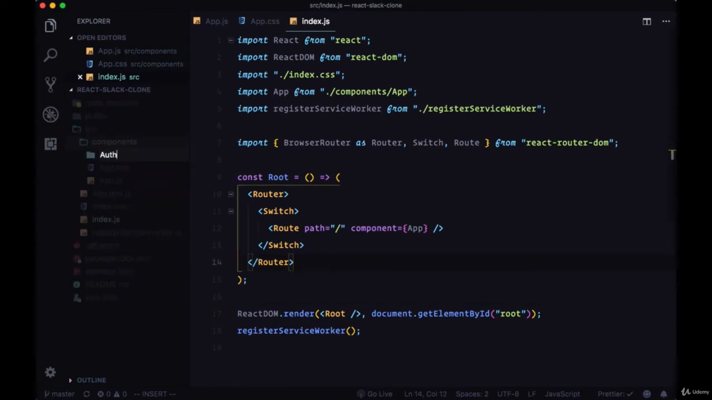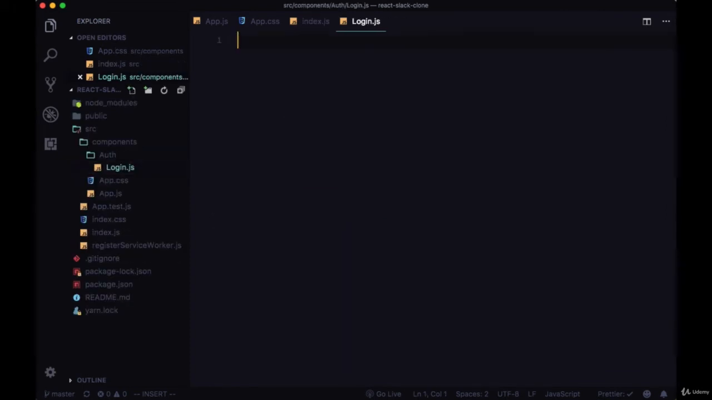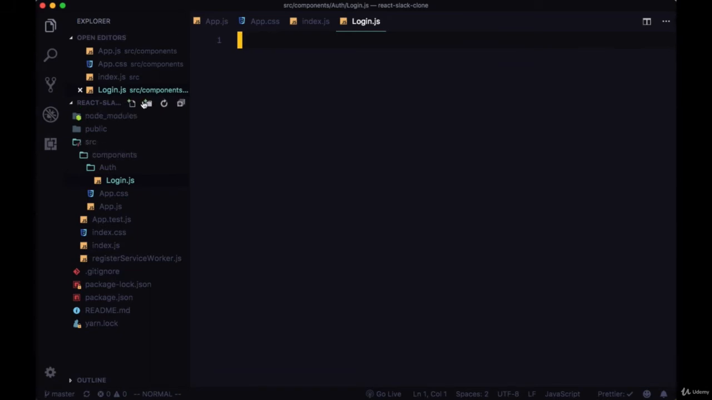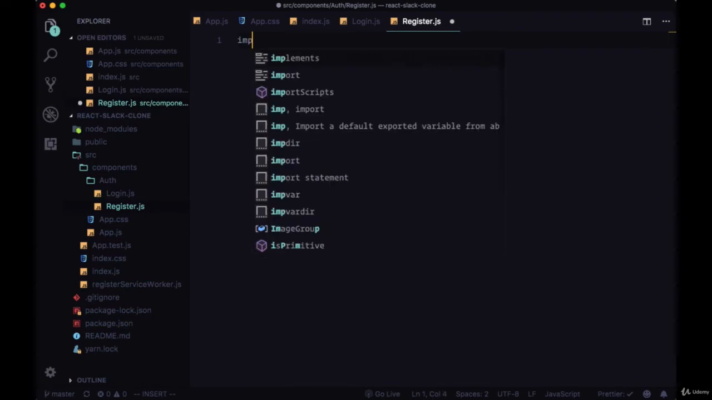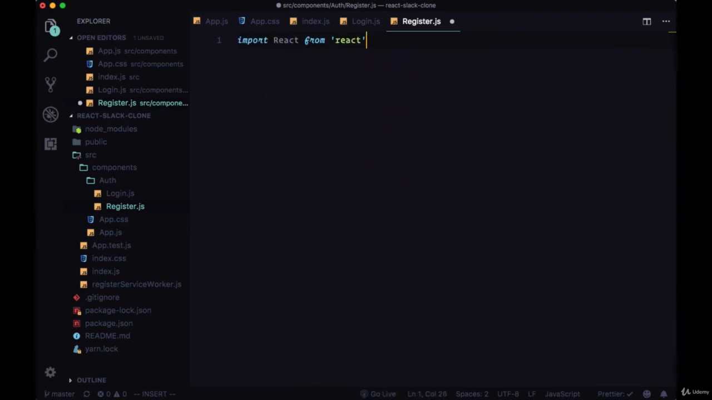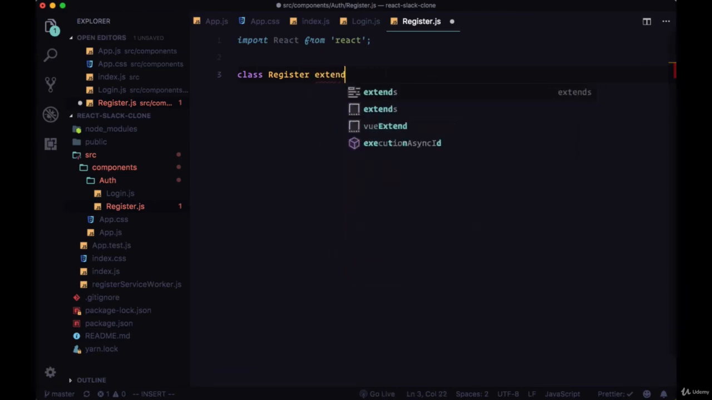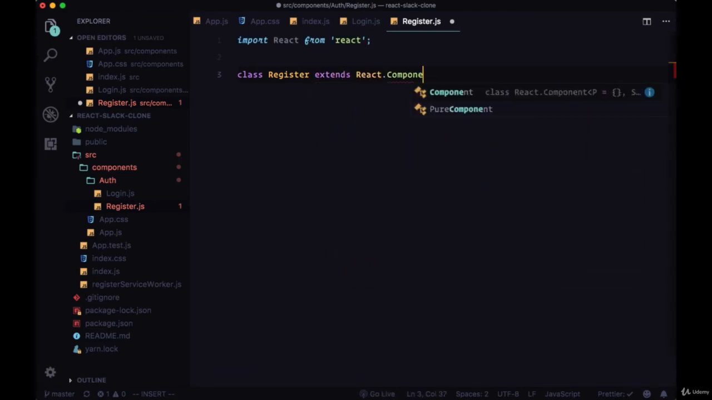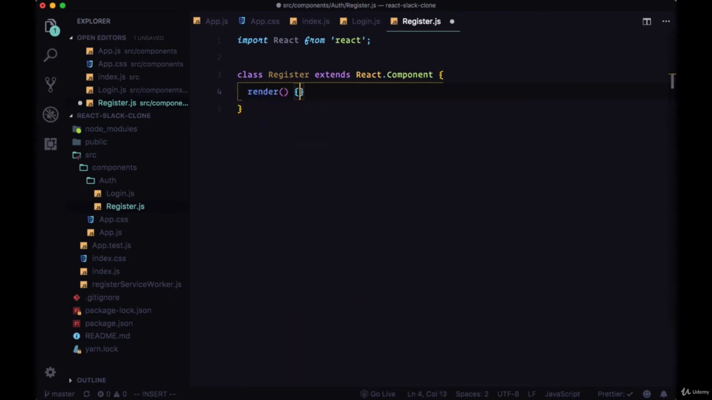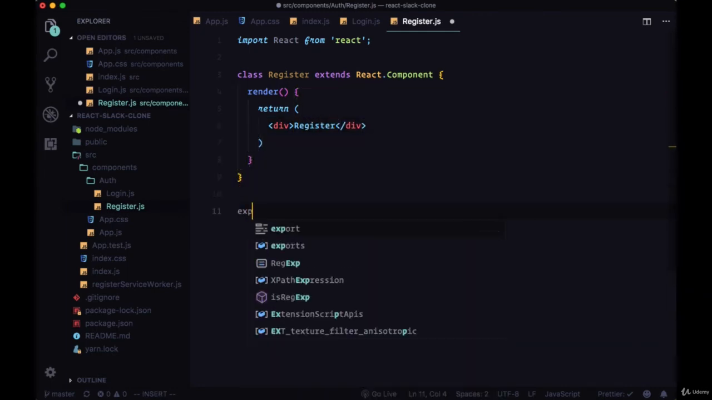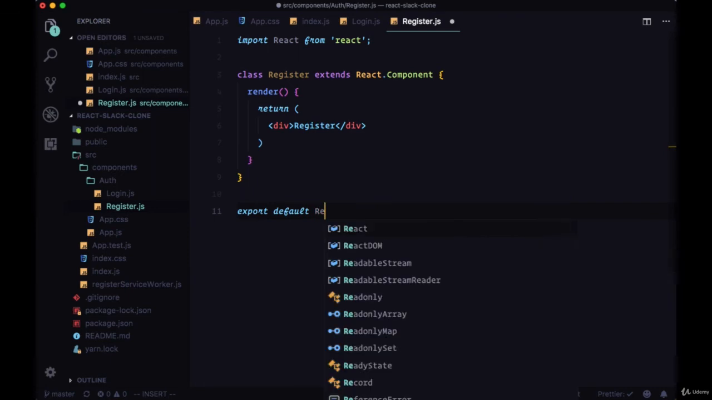We're going to create a new folder within our components folder called auth. We're going to add the files for the components Login and Register to that auth folder. And within Register, we'll import React up at the top. This will be a stateful component, so we'll say class Register extends React.Component. We'll have its necessary render function as well as the return. For now, we'll just return a div with the text of register and export at the bottom with export default